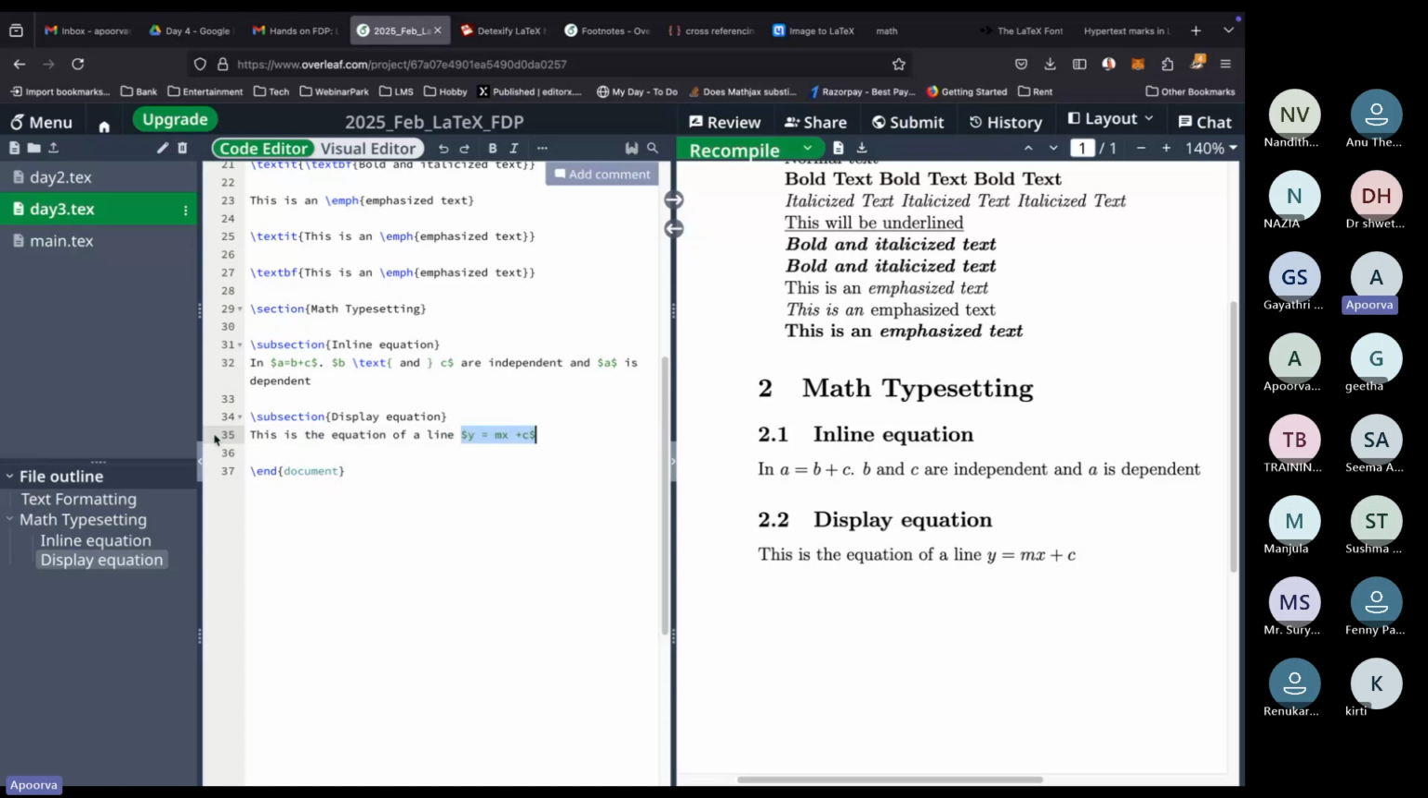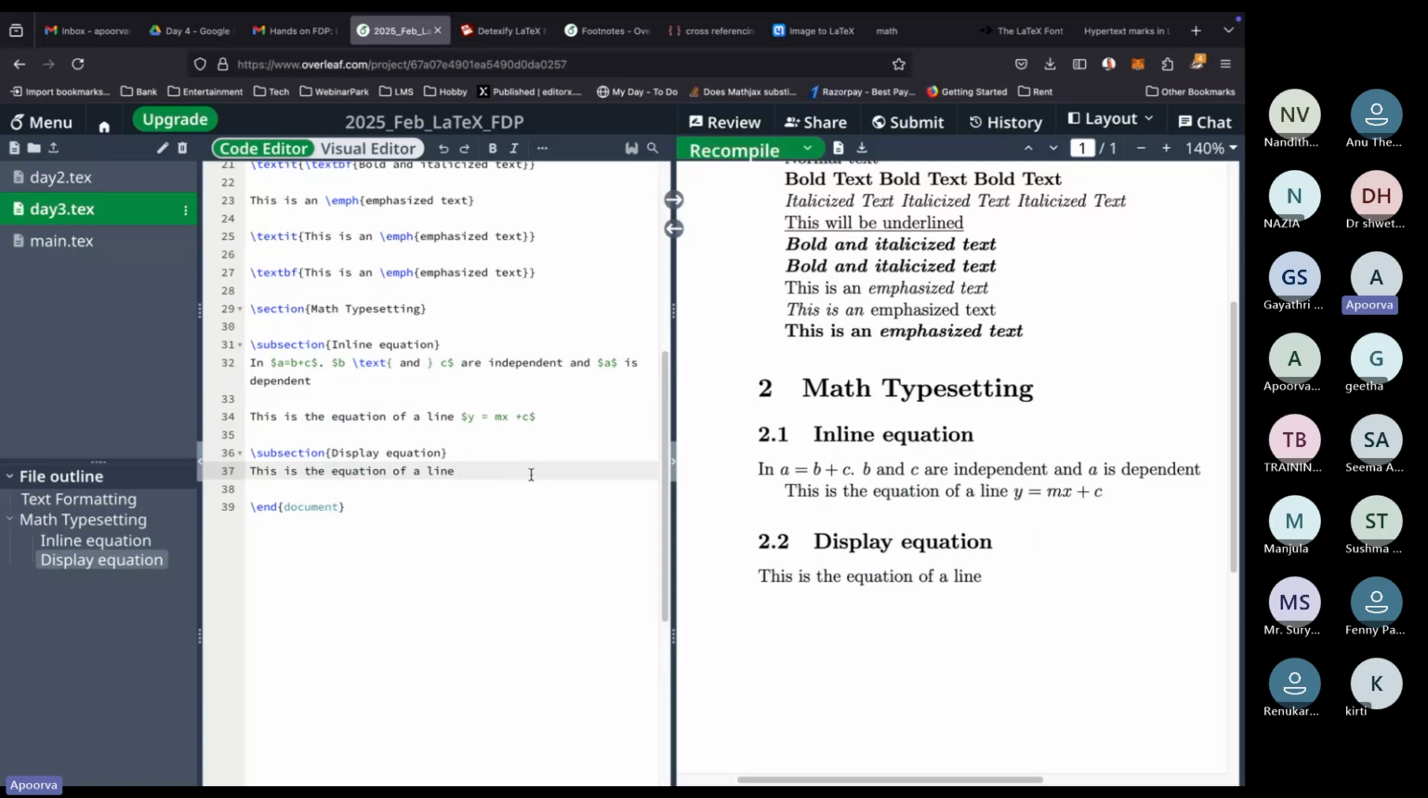So let's just keep this here. Say I would like to now display y is equal to mx plus c in a new line by itself. So that is display style equation. So to do that, we start an equation environment. Now within this equation environment, we start typing our equation. So y is equal to mx plus c. So this equation environment also starts a math mode, but it will start it in a new line,